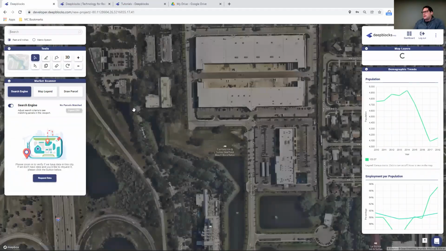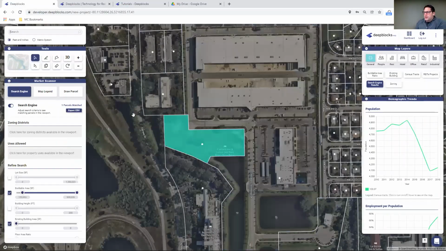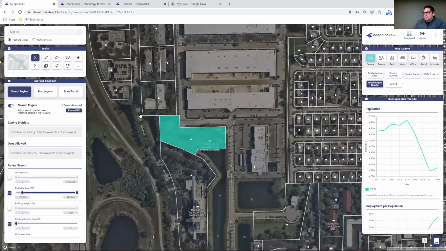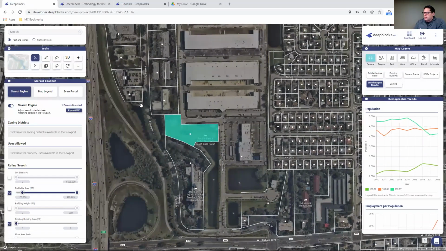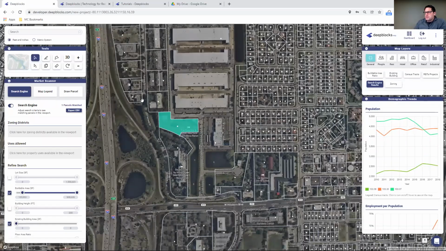So this is one report you can download, and then we just go back to the previous screen and look at our search and look for other parcels as well that meet our criteria. This is the whole premise of Deepblocks. It's just to continue to find these opportunities that suit your development needs and work them through the process. And again, share these various projects with your team. Go through these iterations and truly try to find the parcel that makes the most sense for your company, and move it forward in a fashion that is much faster.